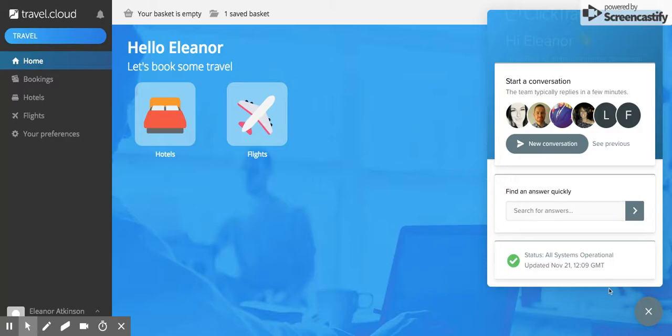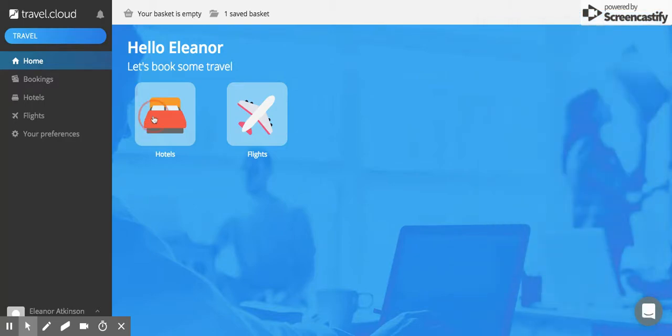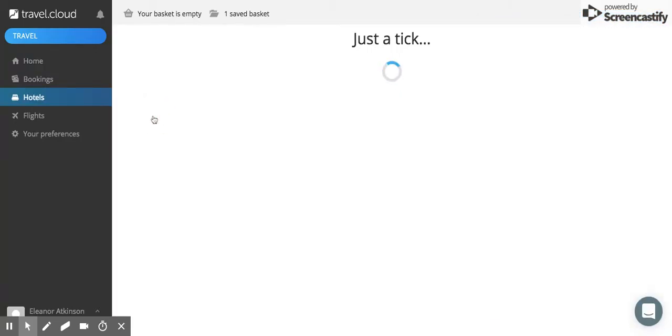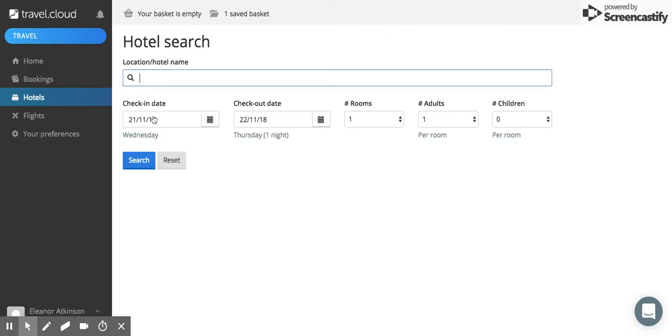So now we can make a booking. We'll go into the hotel. And what we do pull our locations from now is from Google Maps. So any information that you have, such as a postcode, a location, an office name, that kind of information, will pull through. So for example, I can put in